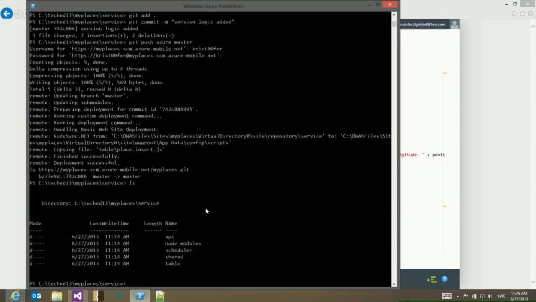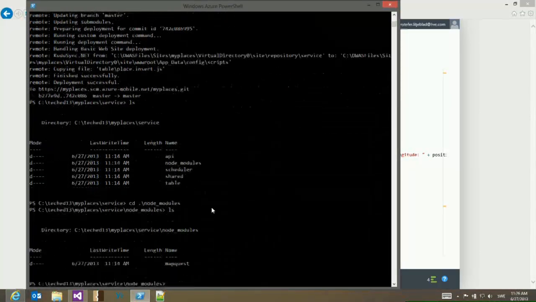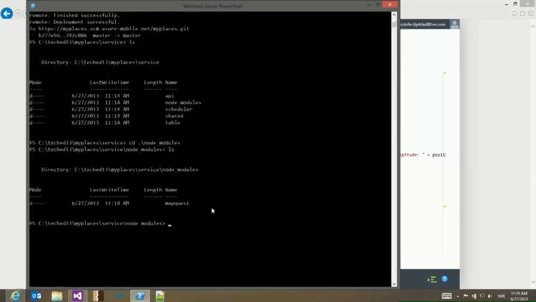So you can see that I've pre-installed the MapQuest package. And I then deployed that one back to Azure. So it's already there. So what I do within my script is I